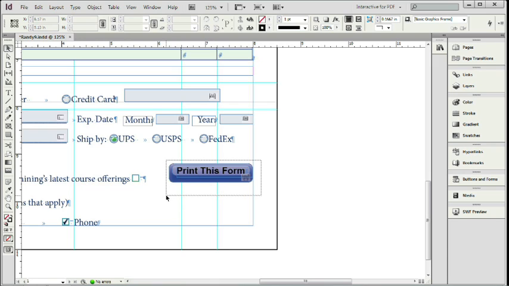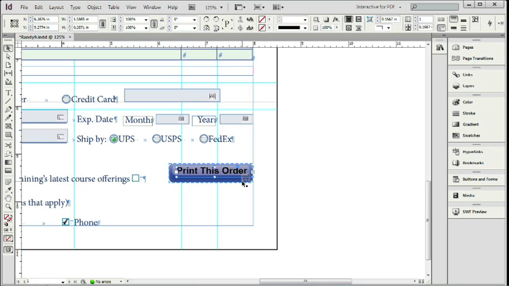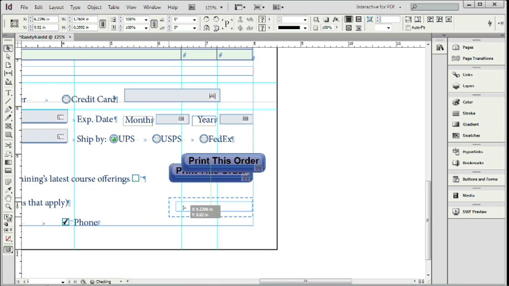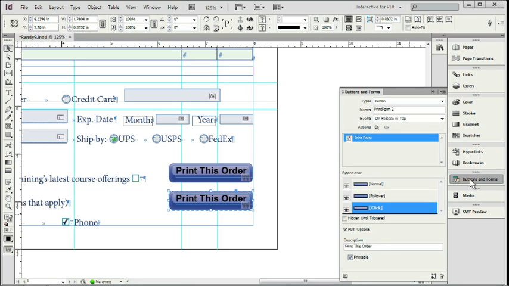I'm going to select both of these items. Actually, let me change that from form to order. There we go. That looks pretty good. And move it just a hair over to be centered. Let me highlight both of these items, and I'm going to go Control C to copy, Control V to paste. If you're working with a Mac, the keyboard shortcut, of course, would be Command C and Command V to copy and paste. And I'm going to select this button right here, go back to my buttons and forms, and